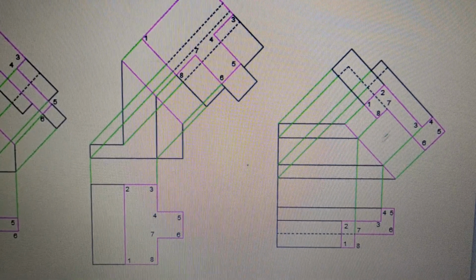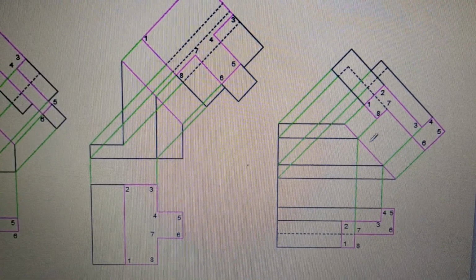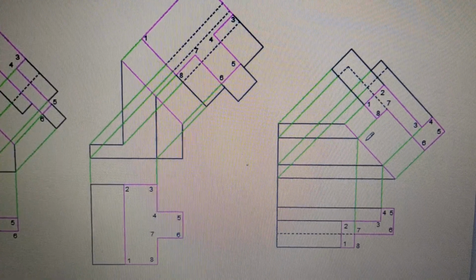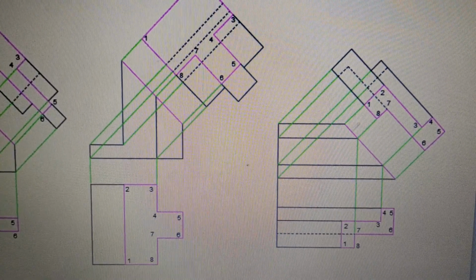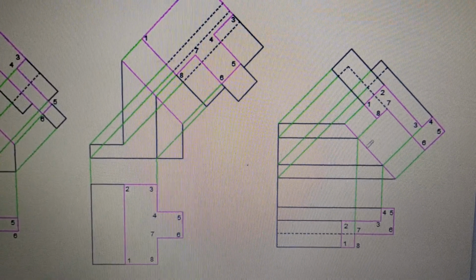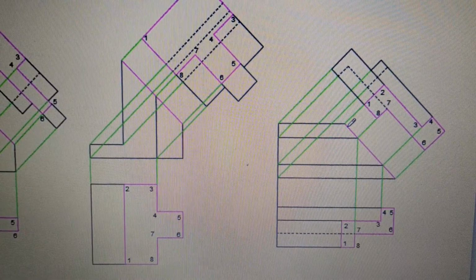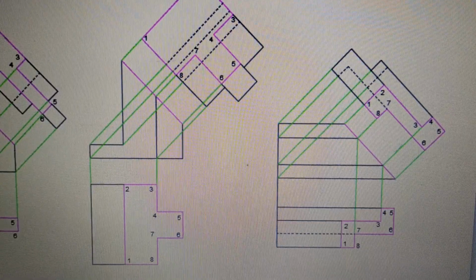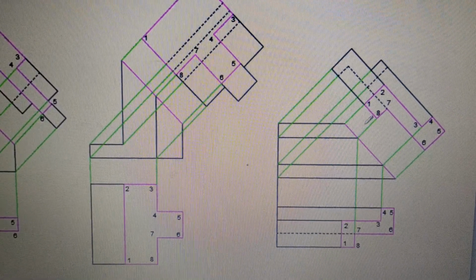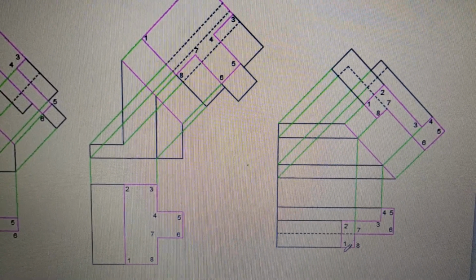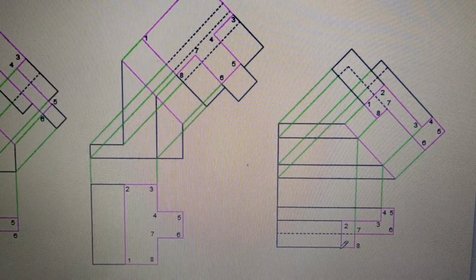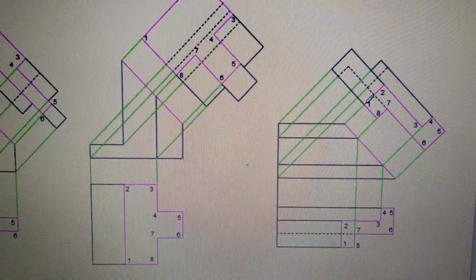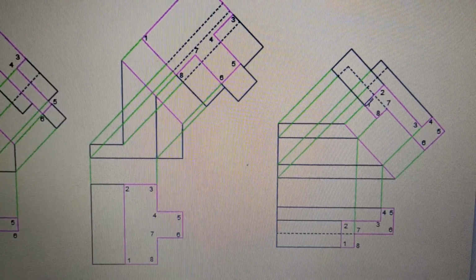So for looking at the true shape, you have to see in this perpendicular direction. Therefore, in this direction, we are going to draw an auxiliary view. So let us first try to draw the true shape of the inclined plane. What we do is draw this green line, this line, this line, this line. These are the lines drawn perpendicular, and on this perpendicular line, let us first try to mark point number 1. Point 1 is here, so we start with this point as point number 1.